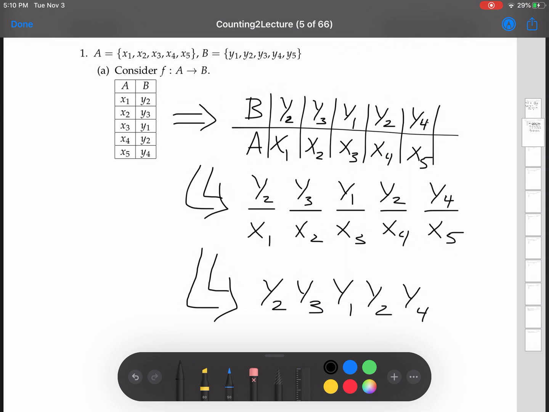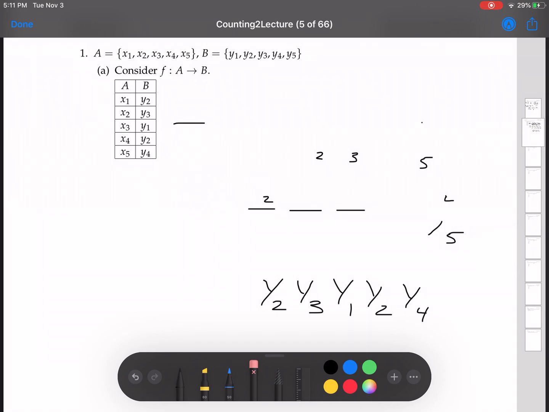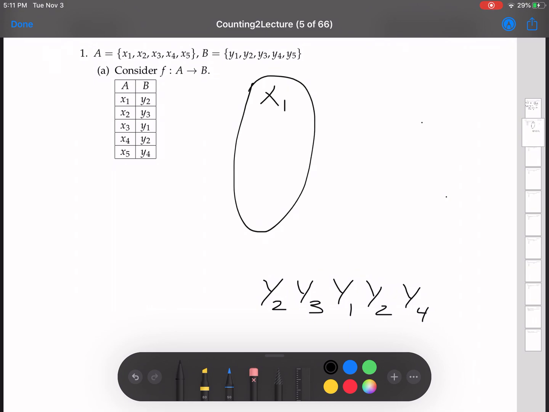Right? Because the thing in the first position, that's what X1 goes to. The thing in the second position, Y3, that's what X2 goes to. The thing in the third position, that's what X3 goes to. The thing in the fourth position, that's what X4 goes to. The thing in the fifth position, that's what X5 goes to. So in other words,